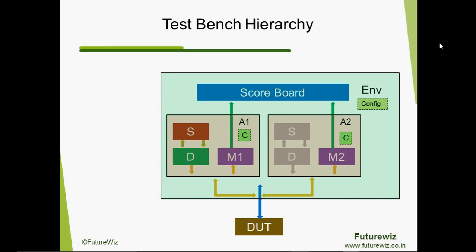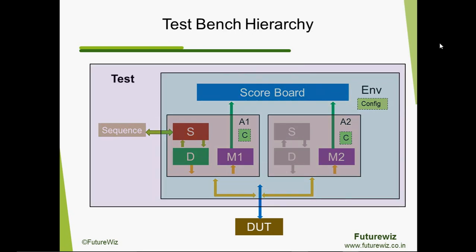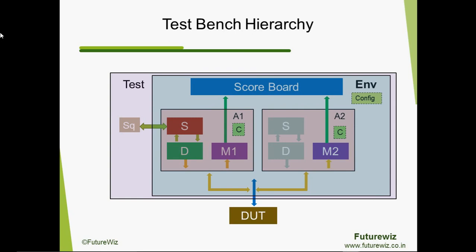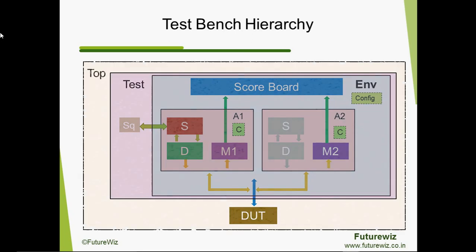So what we see is that the driver requests some information from a sequencer and then drives it on the interface. Now the sequencer itself cannot generate the data, so what we require here is something called a sequence. We link the sequence and sequencer in something called the test. That's what is called a test case. We can create several test cases where we can link different sequences to different sequencers. In the previous slide we saw how we are supposed to write the test case. Now we want a top-level design where we can instantiate the test case, the actual interface, and the DUT. That's what we are doing in this particular design.